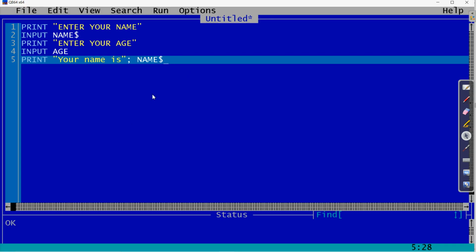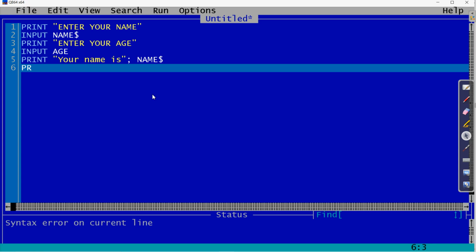Okay, so we have printed in the first line your name, and then use the print command to print the message for printing the age also. Your name is, and then your age is. So here we are writing the print command to print the age.